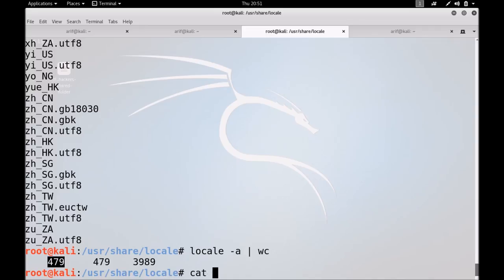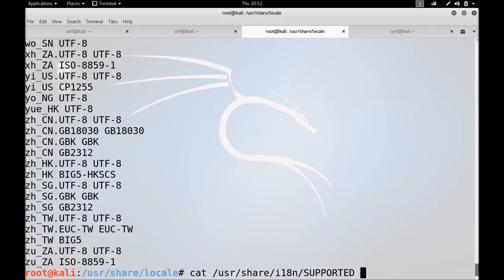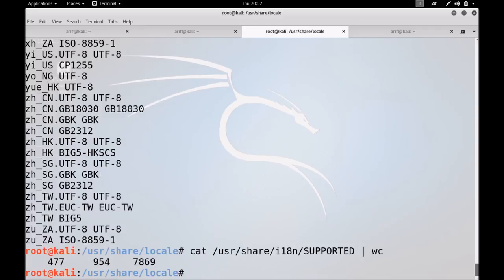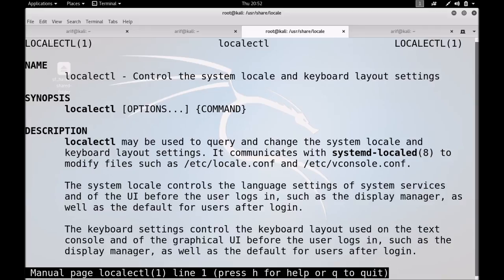Almost the same information you can get from /usr/share/i18n/SUPPORTED. I think it will also give you more or less about the same number of different locales. I recommend you to go to the man page of localectl as well, which controls the system locale and keyboard settings.